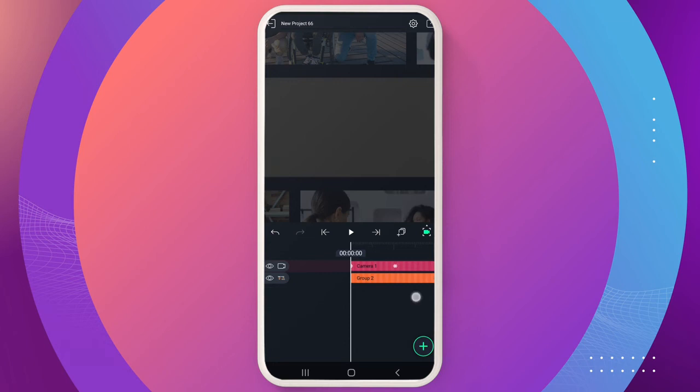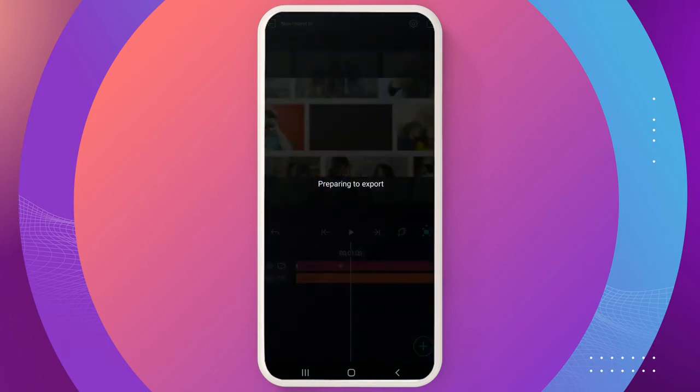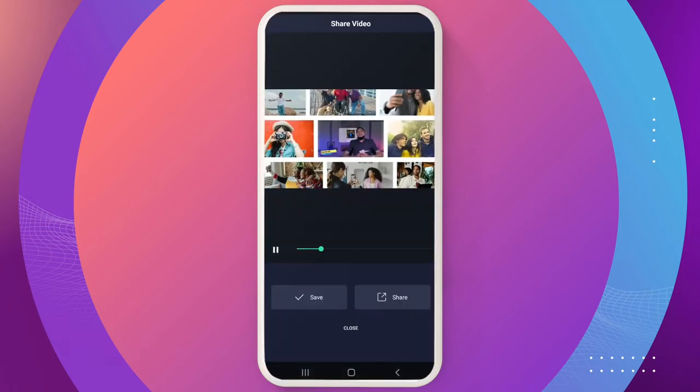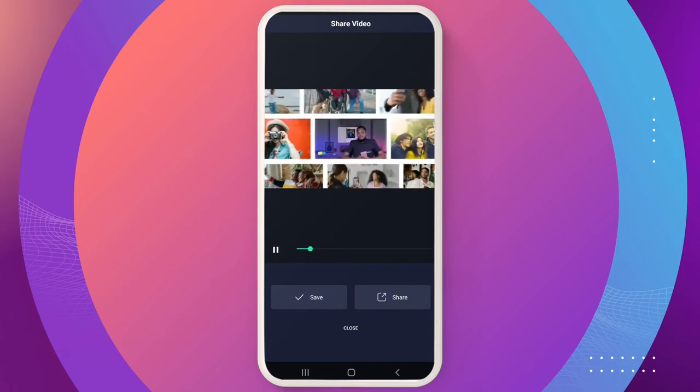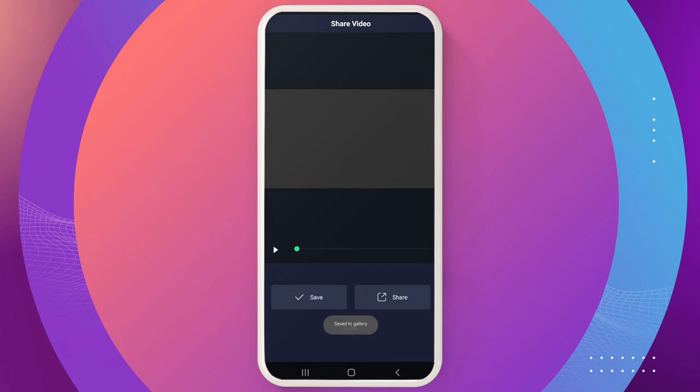Now it's going to be really messed up, guys, but all you need to do now is just export it. All right, so just click on export and export it. Okay guys, so I finished exporting it and this is what it looks like. You see, very nice. All right, so what you want to do now is just click on save, and then we move to the next